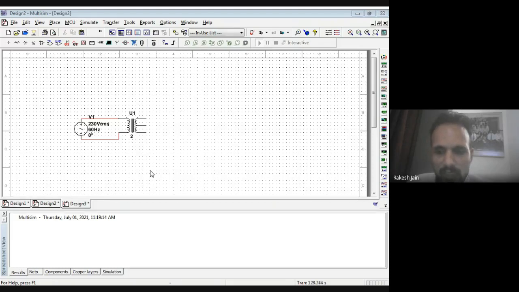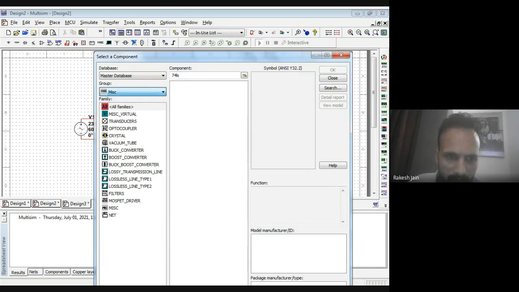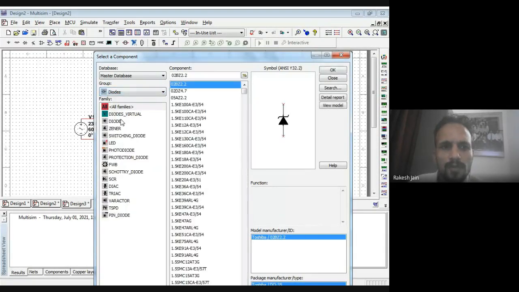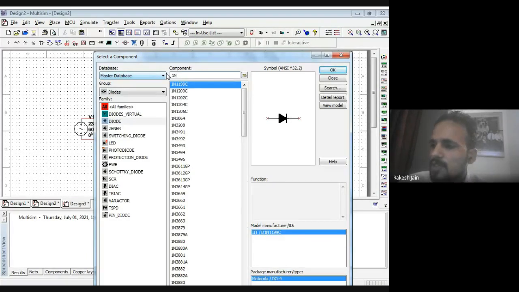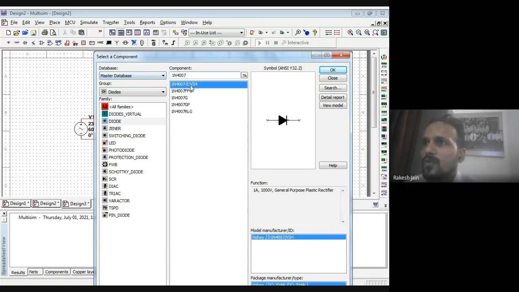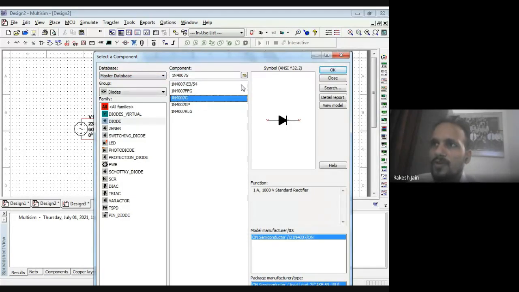That is the actual circuitry of the half wave and full wave center tap rectifier, as I have already told you in previous lectures. So see, click on MISC and click on diodes. Here in MISC you will find the diode. Okay. So click on the diode. And which diode? I just want a simple diode, 1N4007. The 1N4007 diode is in front of you.